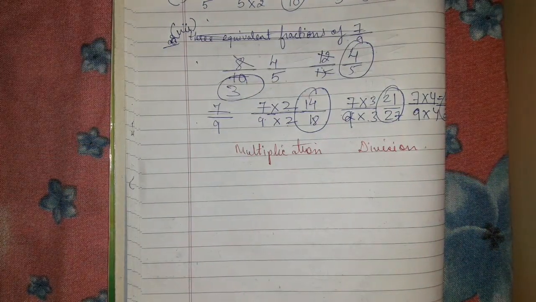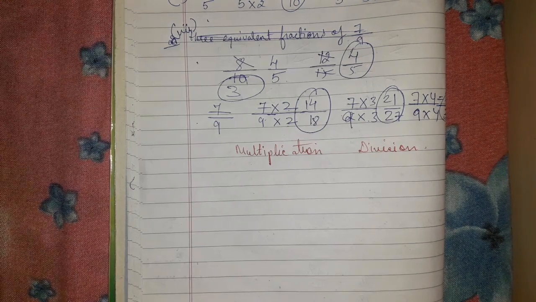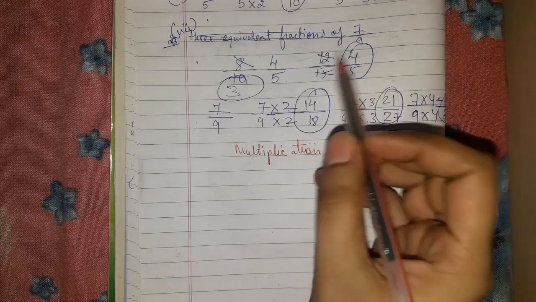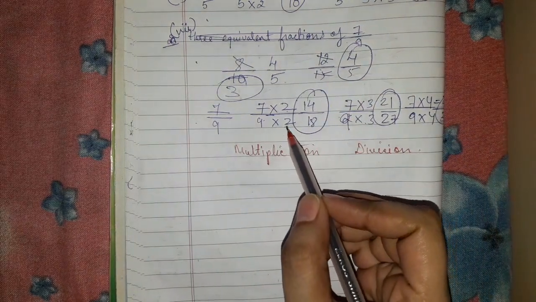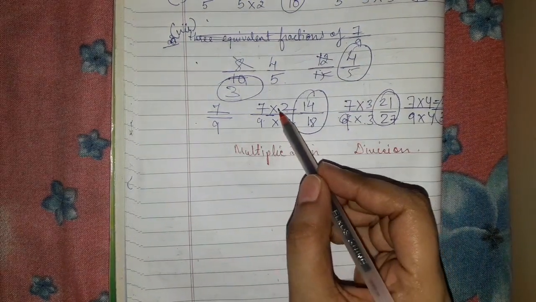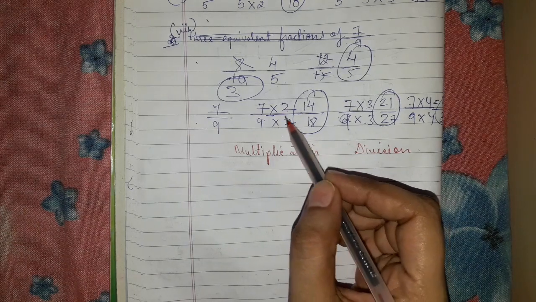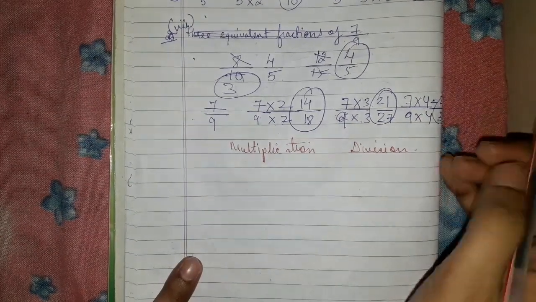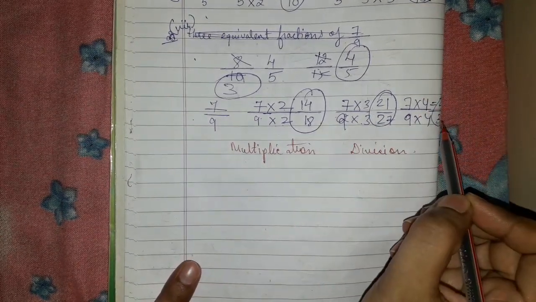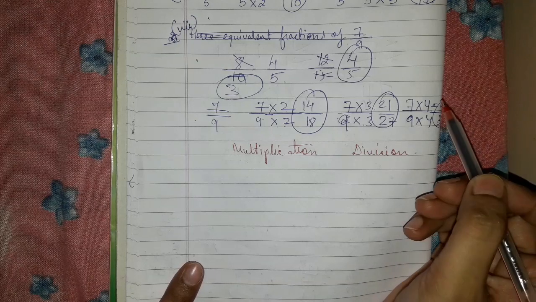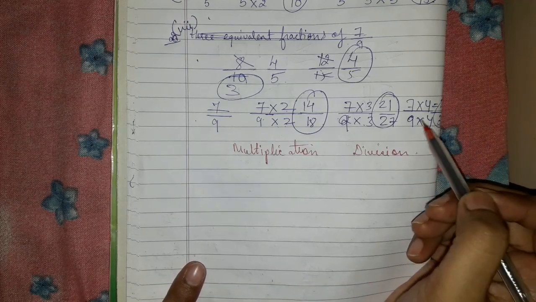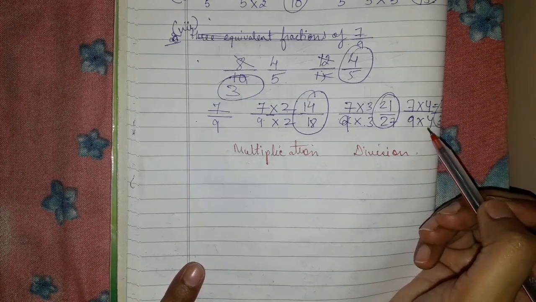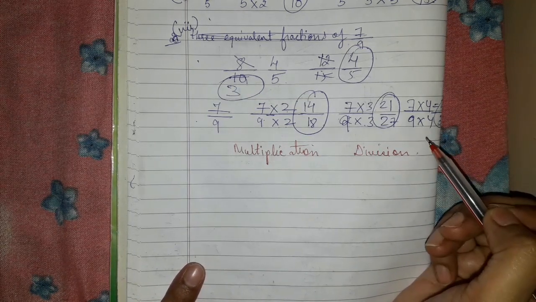Now, there are 2 ways of finding equivalent fractions. The first method is multiplication and the second method is division. Multiplication, as I have already shown you here, is where we take numbers of our choice and we multiply the numerator and the denominator with that number in order to find the equivalent fractions. If I have to find 4 equivalent fractions, then I can take 5, or I can take 6. I am also free to take 11, 12, 13, any number of my choice, but we avoid bigger numbers to make the calculation easy for us.